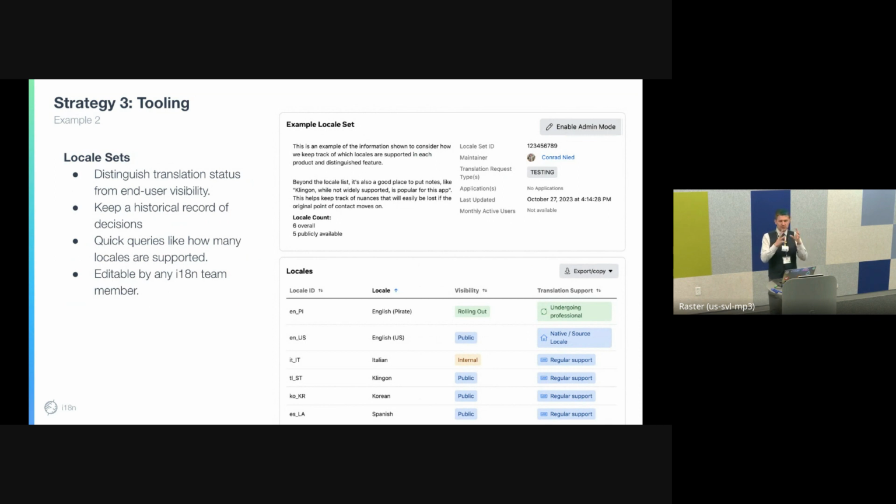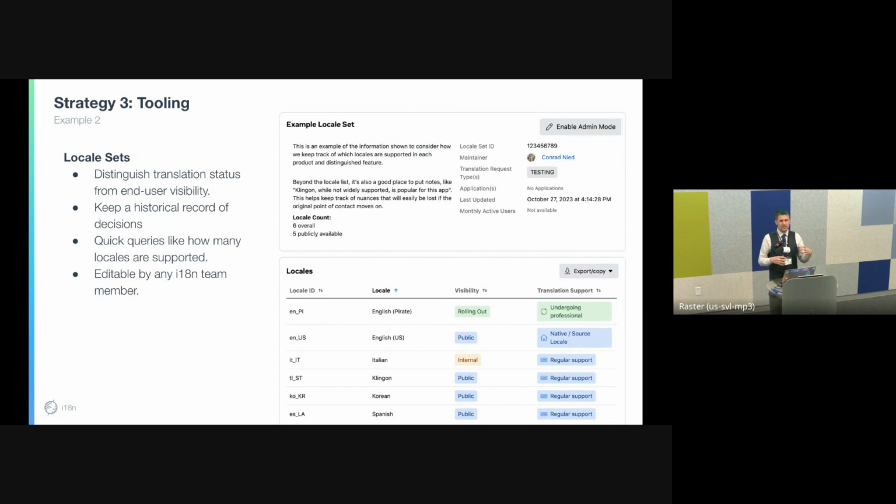And so we have to treat these products differently, and they'll each support a different set of languages or locales. And it got really confusing on which app was actually supporting what. People would make assumptions and ask for translations, and we're like, no, end users are not going to see those translations. It was important to make a tool where people could find out, oh, this is what we actually support here, and making that support clear.